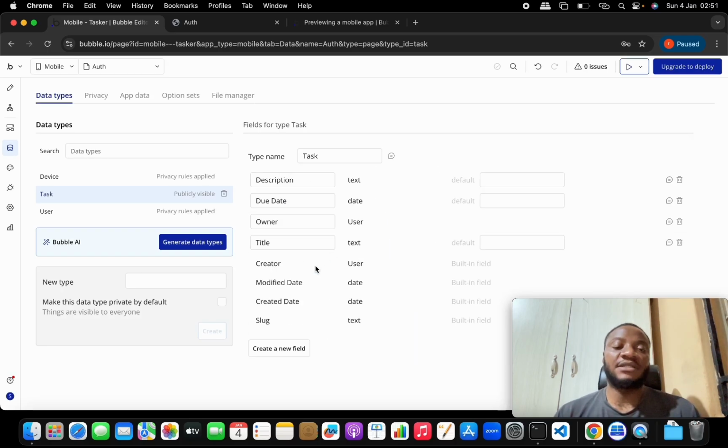Now, it is true that by default, Bubble gives you the creator field. But here's the problem with the creator. We don't have a say about the creator. We can't easily manipulate the creator. Sometimes we might actually need for the owner to be entered by somebody else. So we want to have full control of that. So we could just set this, and this would work for us for now. So let's go back